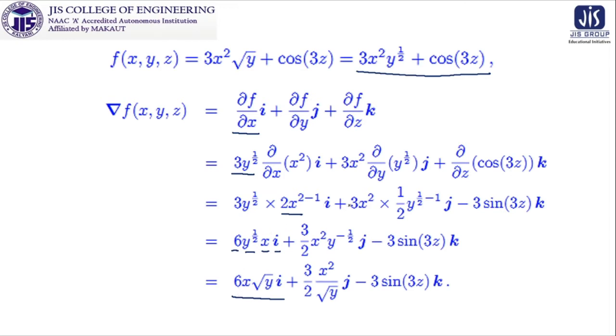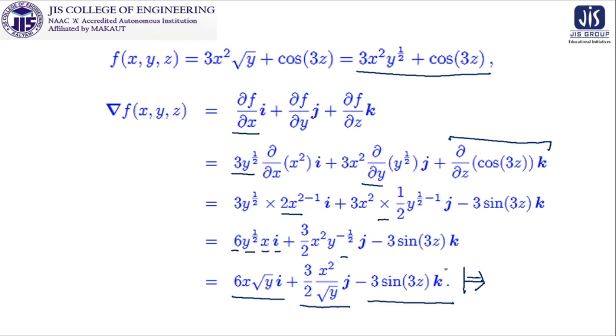And this simple step-wise calculation is shown here so that there will be no confusion among the students or listeners. Similar calculation is done for del y, and we get this one as the final result. And a similar approach is adopted for the del z part, and we get this partial differentiation like this, and we get this result. So finally this is going to be the gradient of f of x, y, z, and it is very much clear that it is a vector field. i, j, k, all are present.